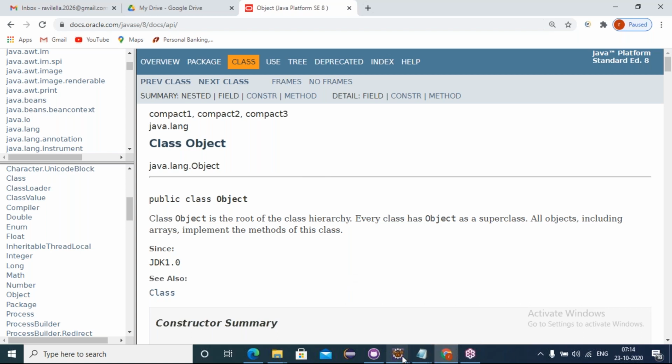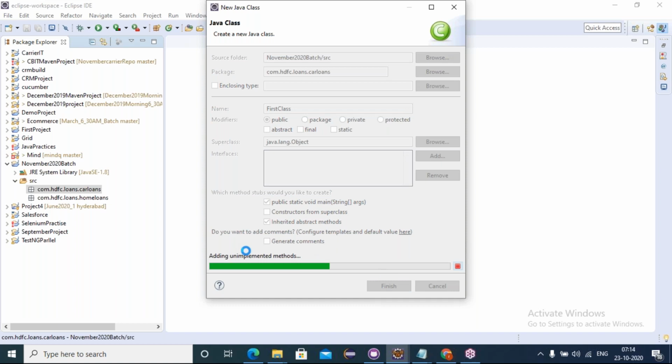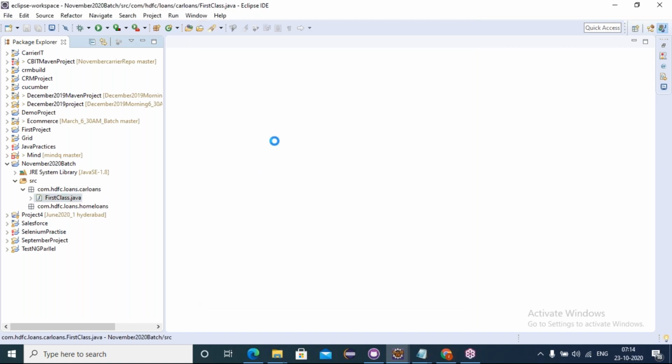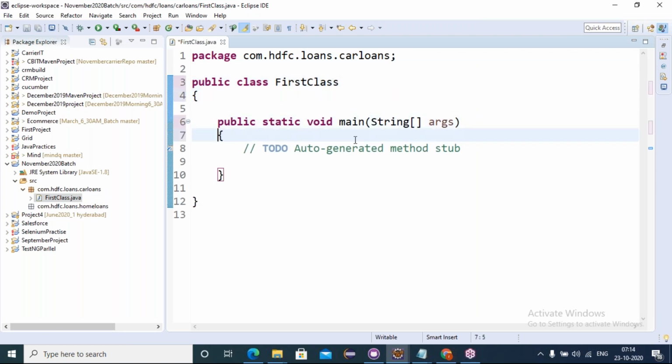Okay, fine. So if you create any class, the default access modifier is public, and the default superclass is the Object class. And for every Java class you create, the execution starts from the main method: public static void main(String[] args). Without this main method, we cannot run any programs. Check this checkbox and just click on finish. Any class, if you want to execute, a main method is a must.